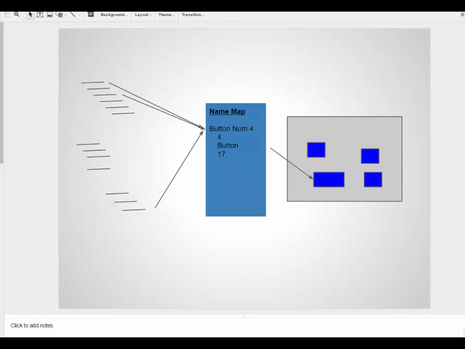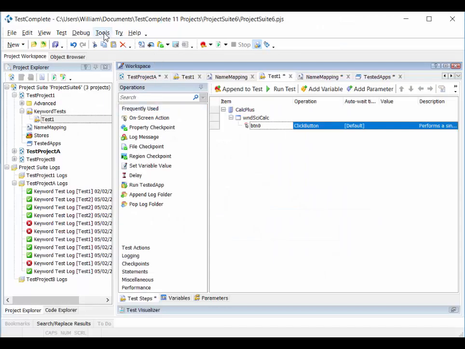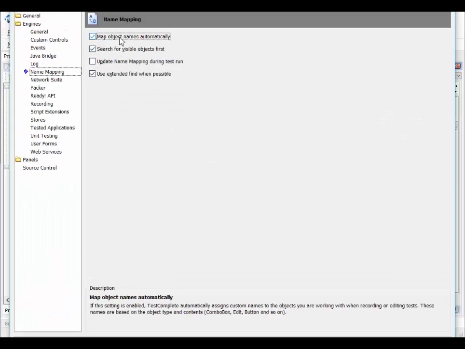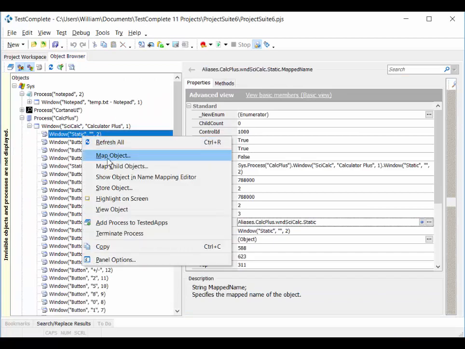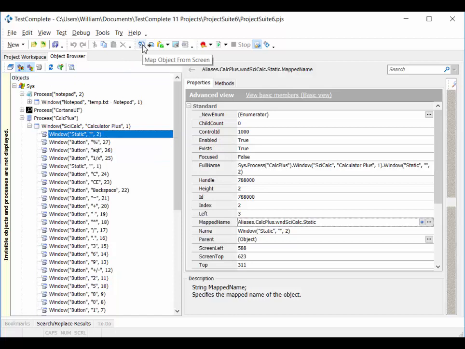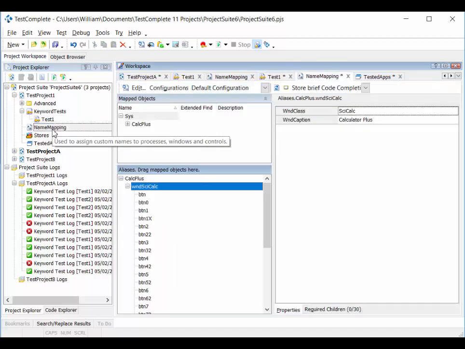We've seen how to create entries in our name map, and you can do that either by having Tools Options Map Object Names Automatically set, or you can map your objects manually, either by right clicking in here and selecting one of these two options, or another option is to click on the map objects from screen button, and that gives you the chance to identify and map objects. And those objects that we map then, they all appear in our name map workspace, and that then gives us